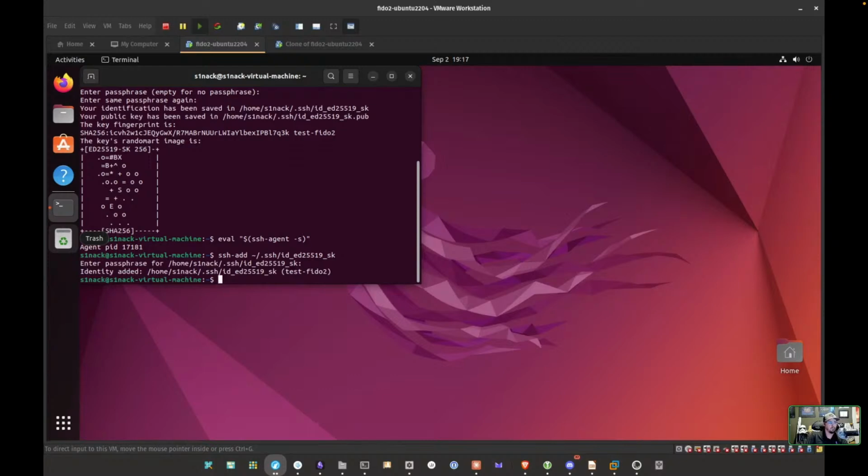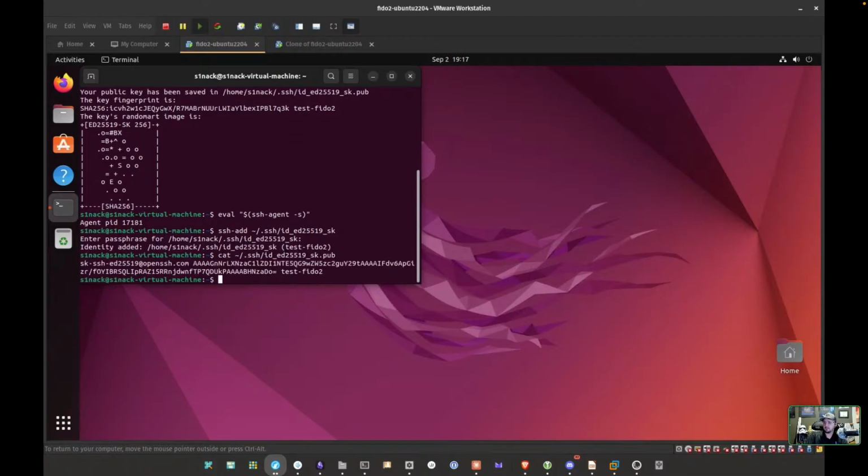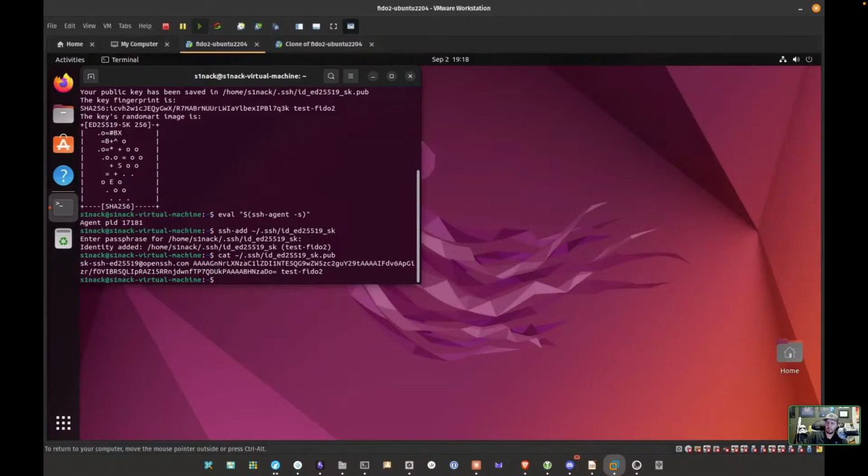So from there, we got to copy the key to the system we're trying to log into. There's a couple different ways to do that. You can cat the public key. So that's going to be this right here, and you can copy this over to the authorized keys file on the destination system. But a better way to do that is going to be SSH